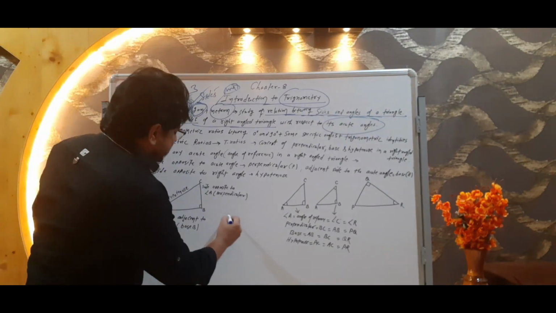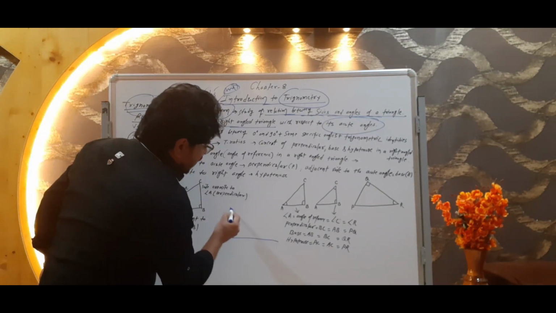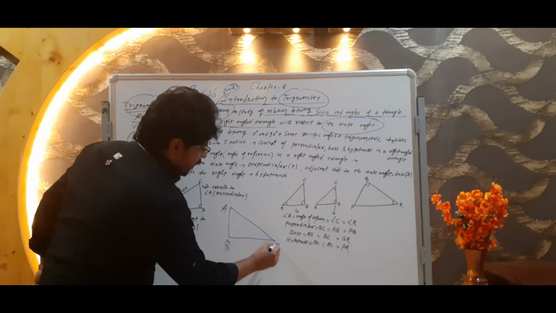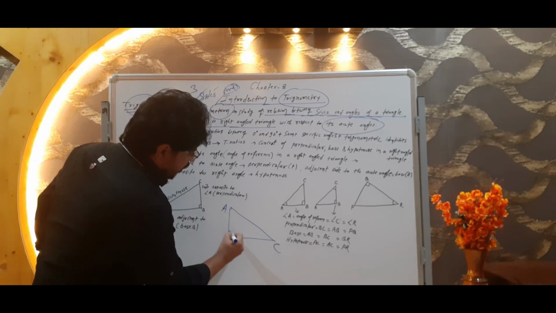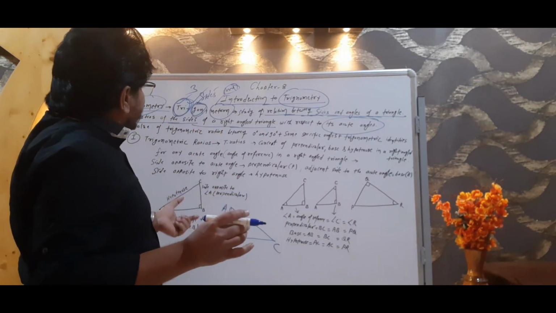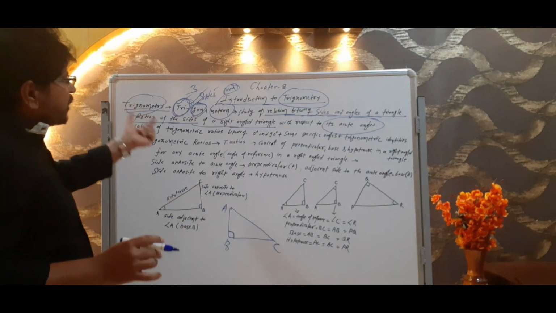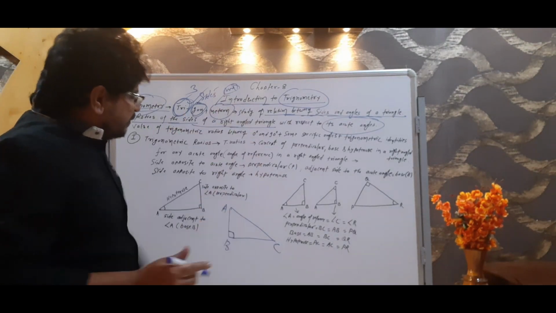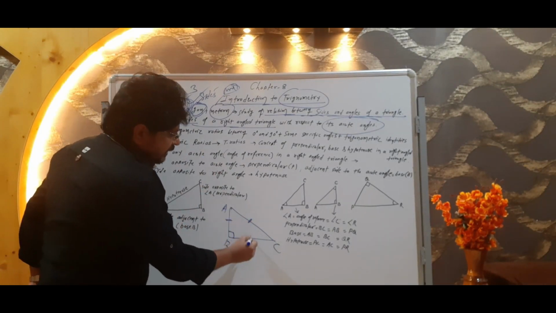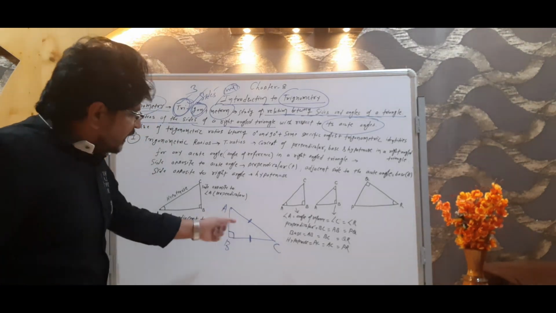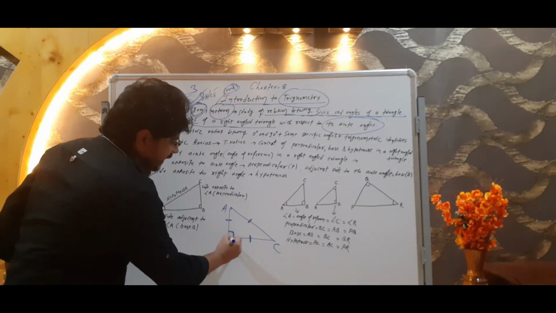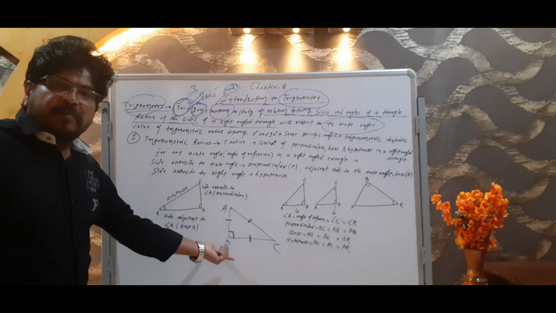If I talk about a right angle triangle, you can understand, this is a right angle triangle, and the right angle is at B. What are we going to discuss here? We will study the ratio of the sides of a right angle triangle. Look here, three sides are here: this one side, this second side, and this third side. We will study these three sides of a right angle triangle. Right angle means it is 90 degrees, and it is at point B.